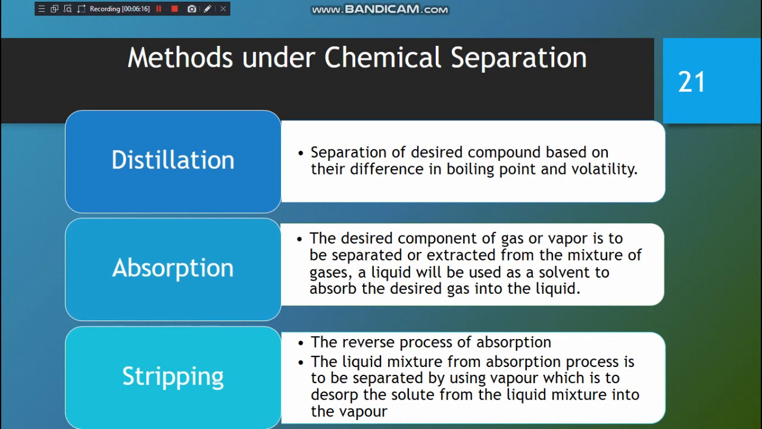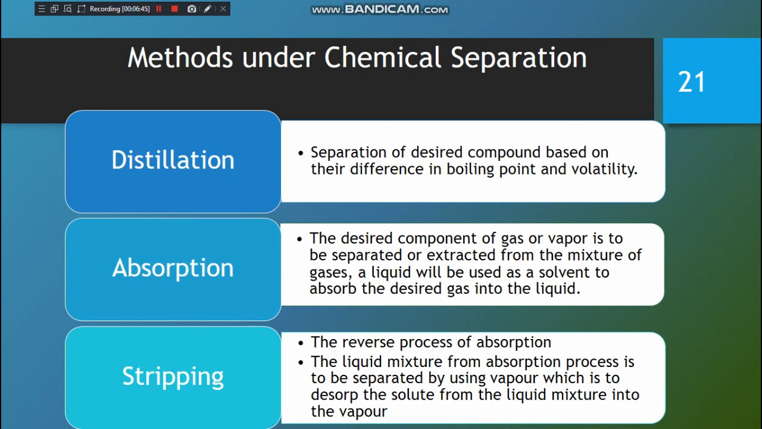where normally the inlet gas contains pure air plus the harmful gas. So the job of the absorption process is to remove the harmful gas from the air mixture. By using a liquid solvent, which will normally flow from top to bottom of the gas absorption column, the liquid solvent will absorb the harmful gas from the air mixture coming from bottom to top,